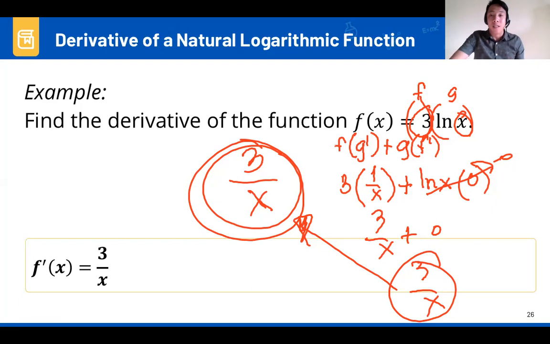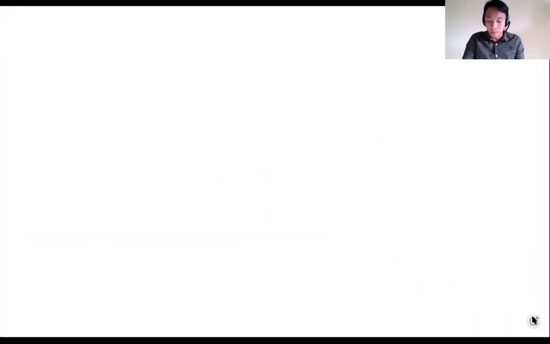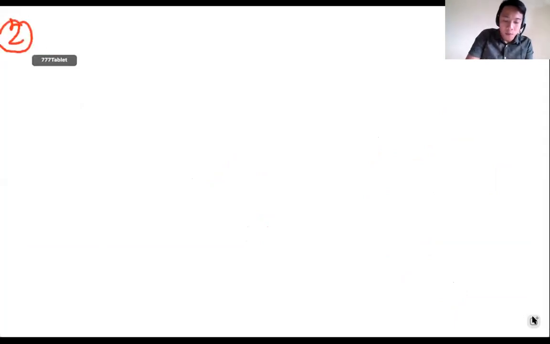Okay, so as simple as that. I will give you more examples. Before we proceed to the second formula, I will give you more examples about this one so you won't be confused. I will share my whiteboard. Okay. Another example, number 2. For example, we have